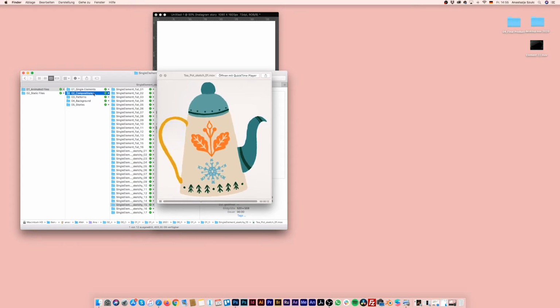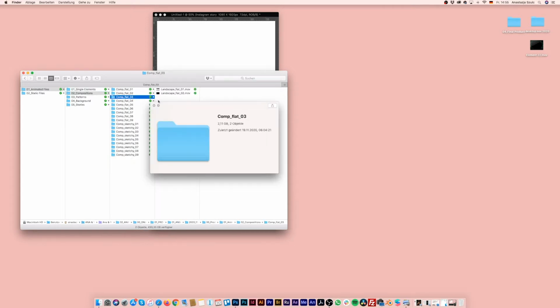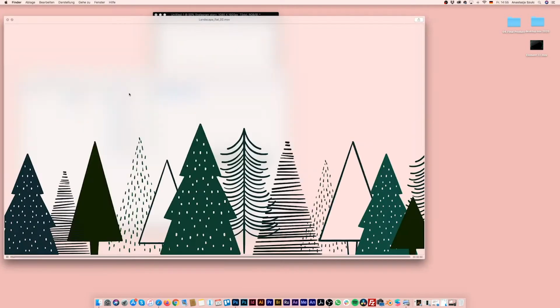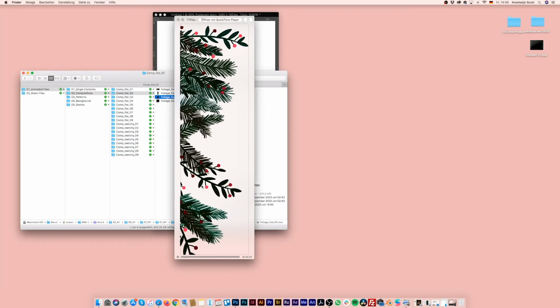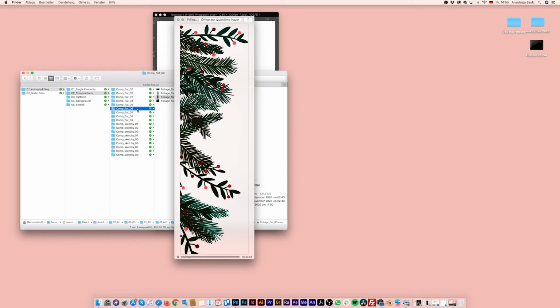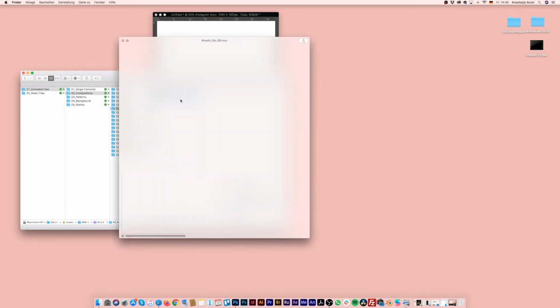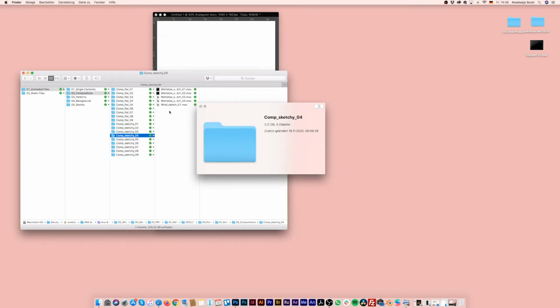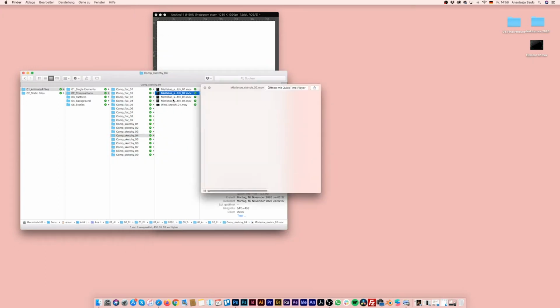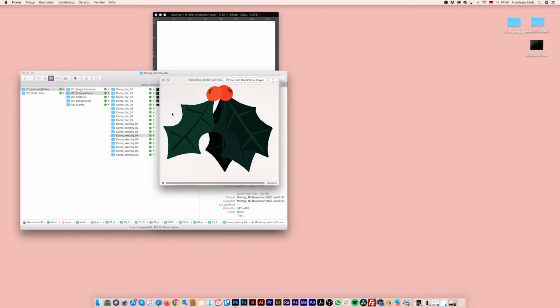Then we have the compositions, also flat and sketchy. You have compositions with all the greenery stuff. You can directly use them like they are. So we have these kinds, and then we have the sketchy ones, which are also available as flat.